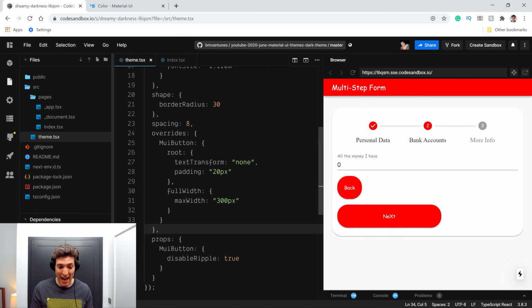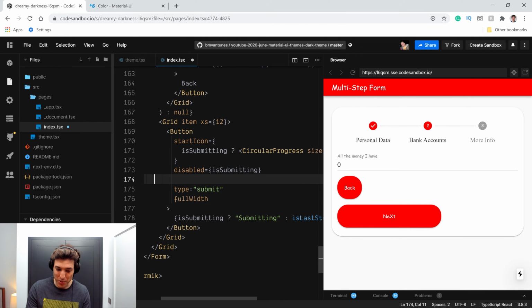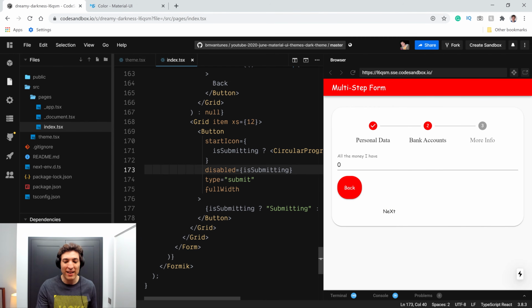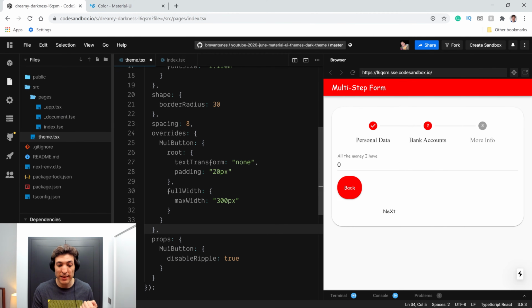Another thing that I'm putting everywhere, let me show you once again, is this color primary and the variant equals to contained. Let me remove those two, and you will see that the component will go back to the normal values of the button, right? So my next button is now the completely normal button in Material, but I can come here to my theme.tsx, and in my theme.tsx, I can just pass those again.